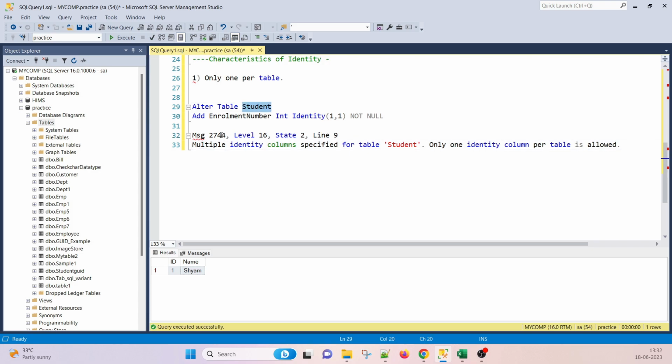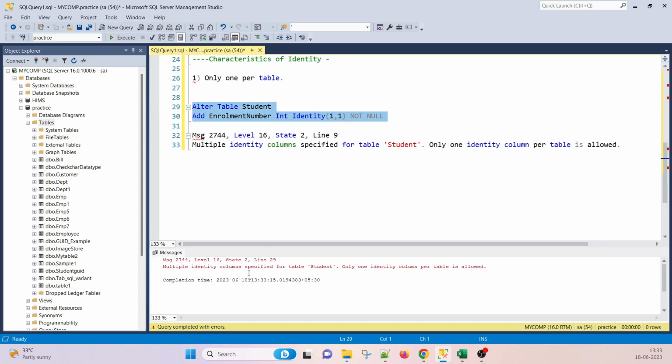Suppose I write alter table student, adding one column with identity. Here I am specifying identity and adding one more column. Right now we already have the identity on the student table, so if we execute it, we get a message like "only one identity column per table is allowed." Got it. And second thing,